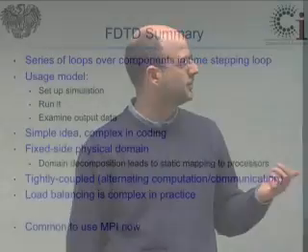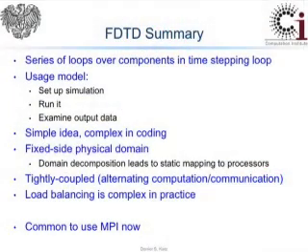Okay. So in kind of a fast journey, what I hope I've talked about is that finite difference time domain really is a set of loops over a set of components within a time-stepping loop. We have a usage model, in this case, where we set up a simulation, we run it, and then we look at the output data. So we do this once, we come back a week later, 2 weeks later, and do another problem. It's a simple idea. The way to do this was thought of in 1966, so it's relatively old, but it's complex to code it, and there aren't really good tools in general that make it easier, so it's still painful today. We have a fixed size physical domain,